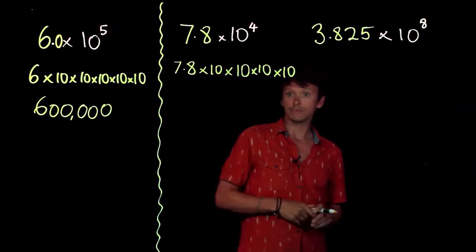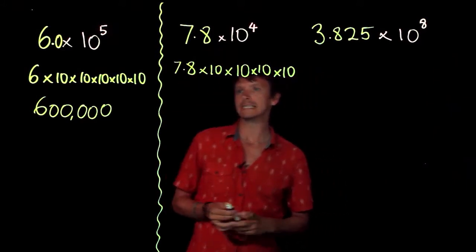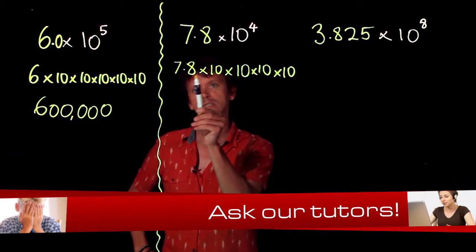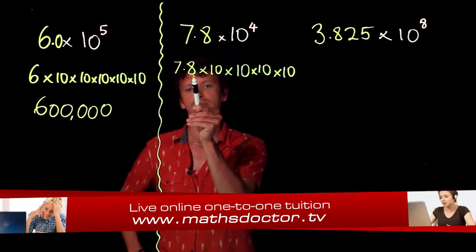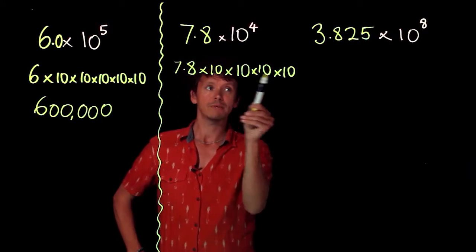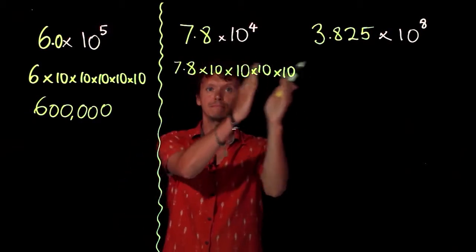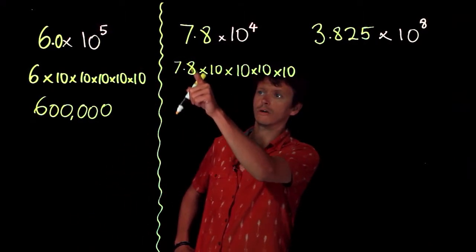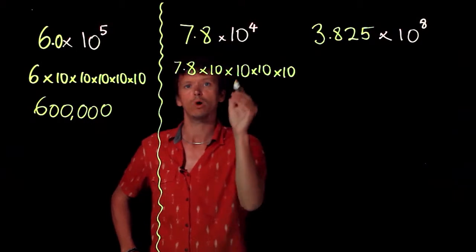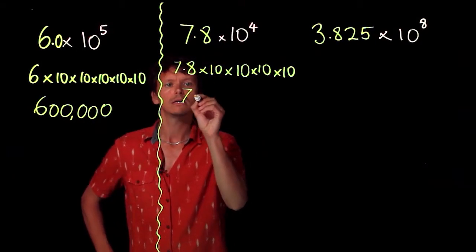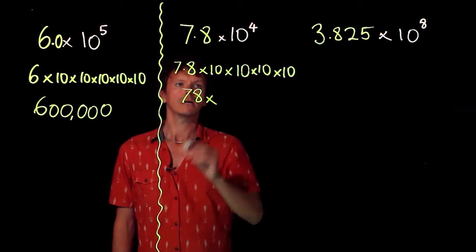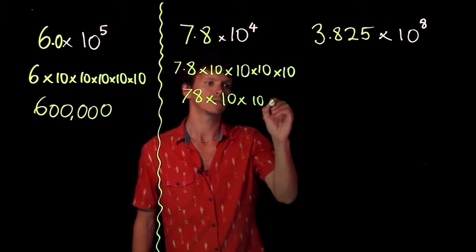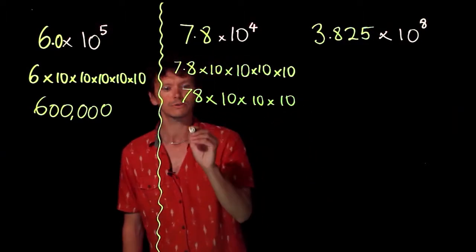And it can really help you to think with these, right, how many of these tens do I need to use in order to deal with the fact that I've got this decimal here? I've got something in the tenths column. And how many of these multiplied by 10 operations do I need to use to get rid of that? Well, in this case, because I've only got a 0.8, I've only got one decimal place, I only need to use one, because 7.8 times 10 is 78. Now we've dealt with that one, and that's 78 times by 10 times by 10 times by 10, which is 1,000,